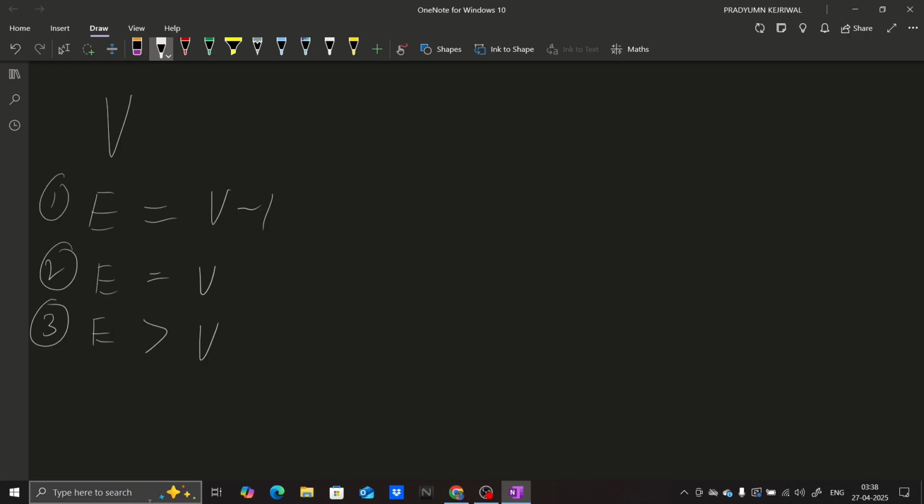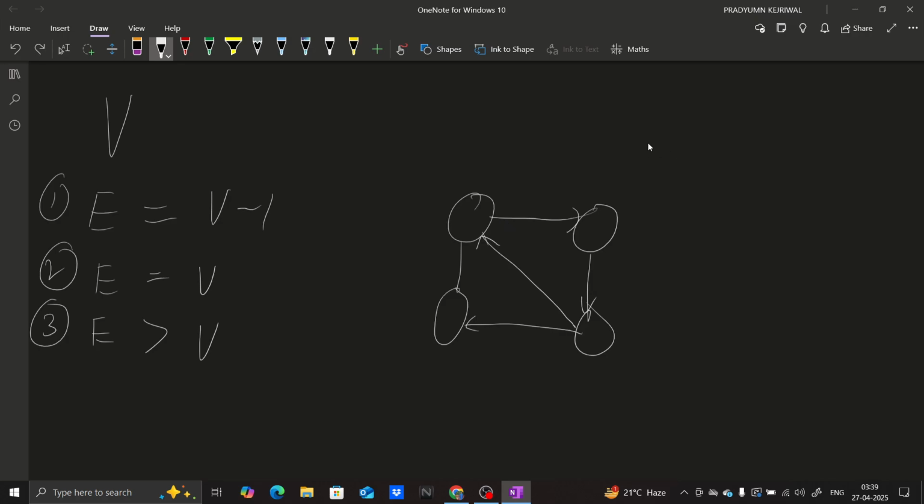Okay, so now let's start with the bottom. If number of edges is greater than number of vertices. Okay, so my claim is that in this case the answer is 0. Why? Because see, what eventually you have to do is that in your given graph, you actually have to assign each edge a node, right? You need to assign each edge a node such that every node has in degree of either 0 or 1. So basically, you need to assign each edge a node such that no node is assigned more than once. But let's say in this graph there are 5 edges,